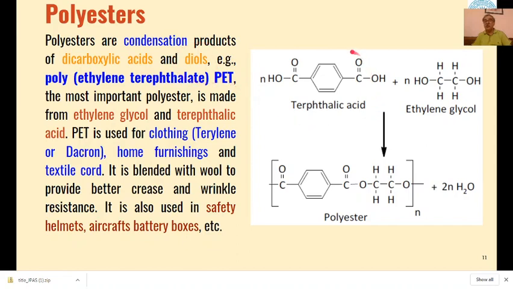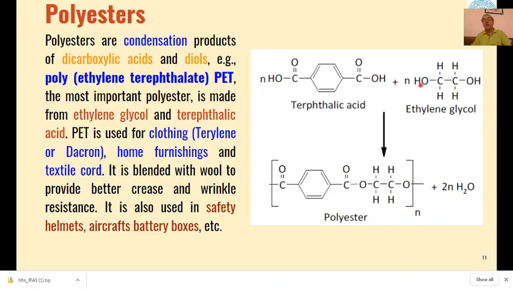So for example, this is how PET, polyethylene terephthalate, is formed. When terephthalic acid, 1,4-benzene dicarboxylic acid, is reacted with ethylene glycol, then H from here, OH from here is eliminated, water is removed,